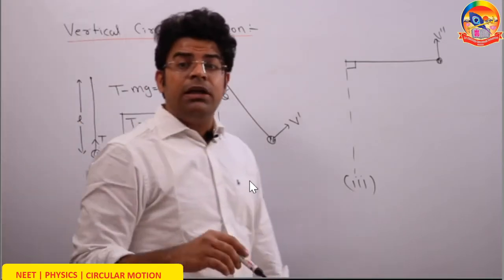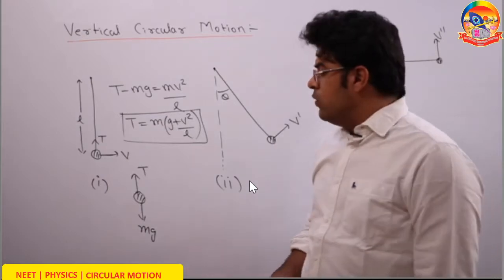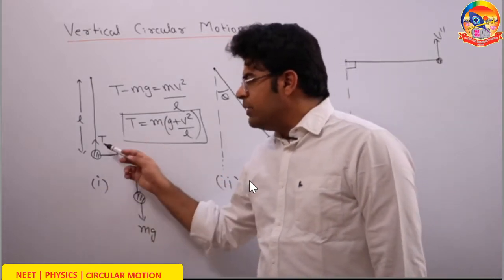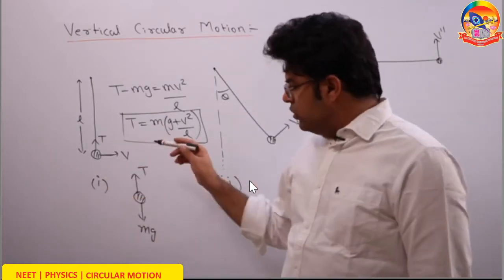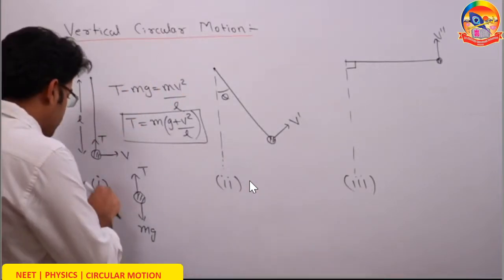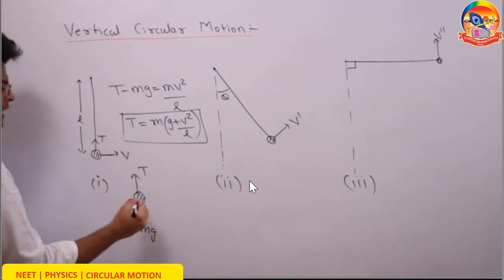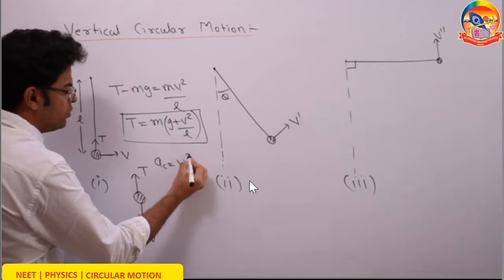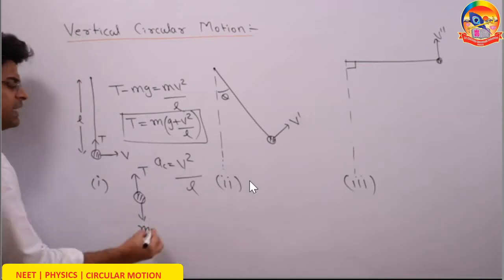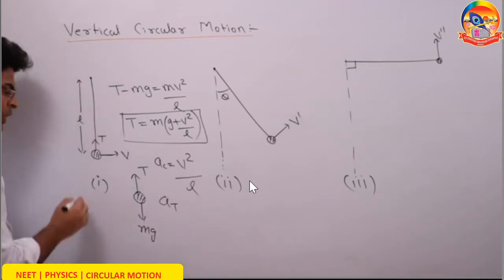They can ask you multiple more questions. What is the centripetal acceleration of the bob right now? So you will say, look, right now the bob has speed v, the length is L, so the centripetal acceleration is v squared by L. What is the tangential acceleration of the bob right now?